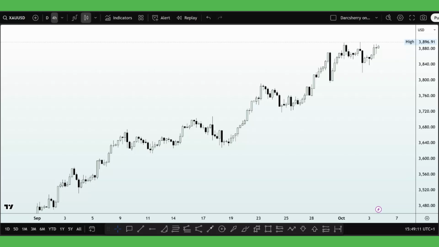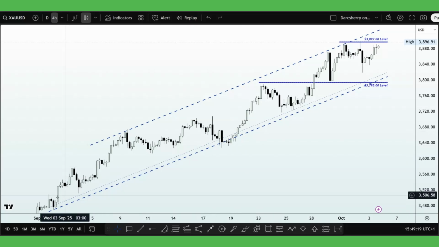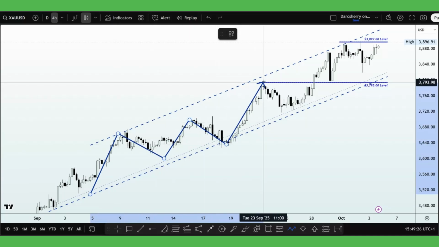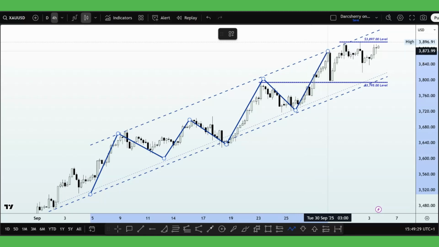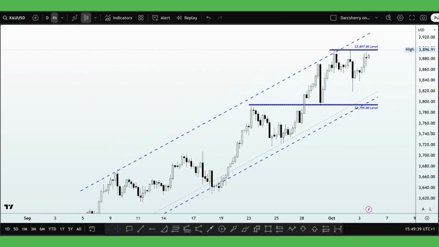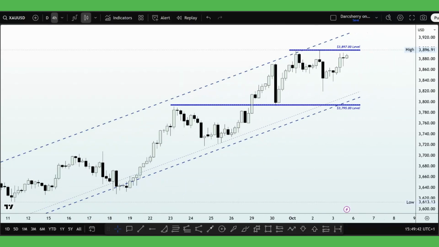So in that regard, I was able to spot an ascending channel after marking out structures since early September. As you can see, this is September 1st, and price had consistently respected it. Look at it, higher highs, higher lows, higher highs, higher lows, and right now we have a situation like this. Okay, so now price is within an ascending channel, what does that tell us? It tells us that it's a strong bullish trend, and right now price is trapped in a tight range at